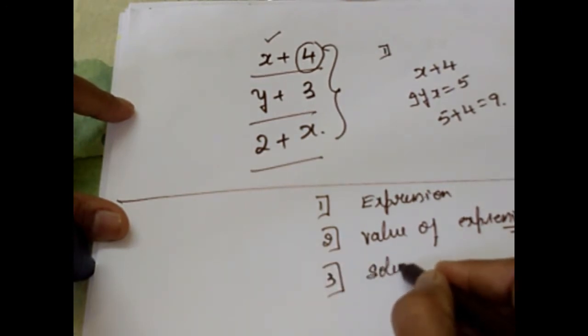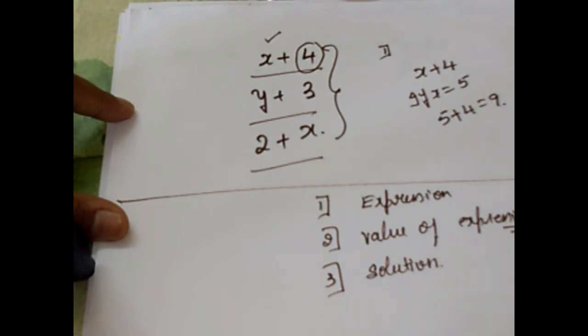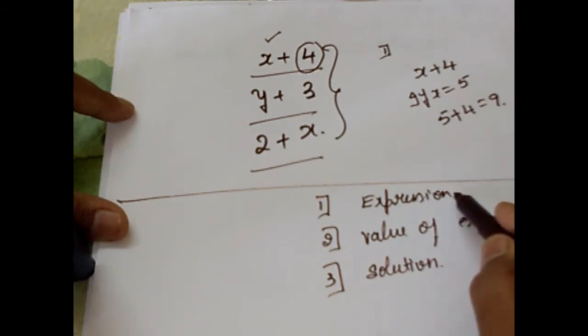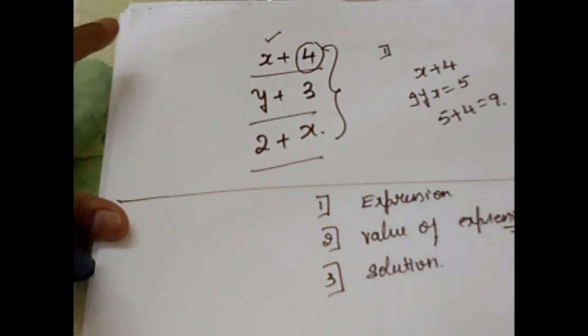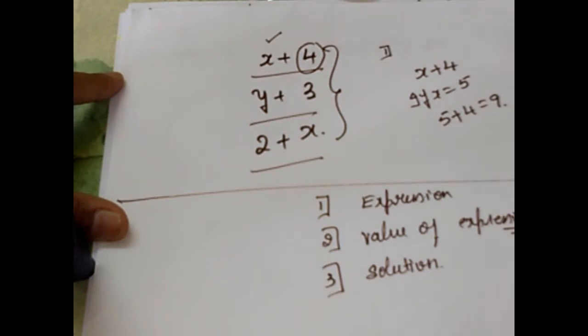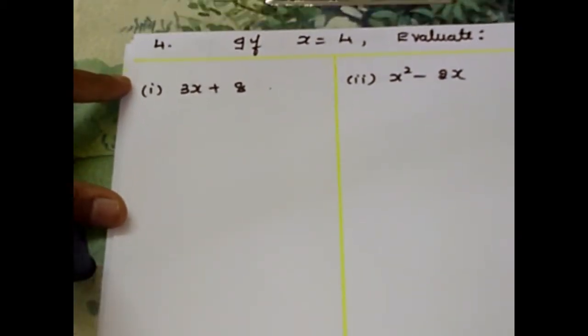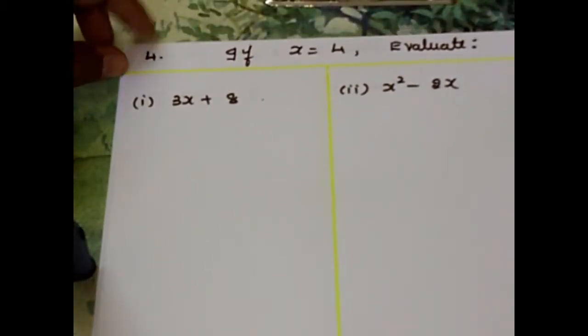Third step is the solution, by applying all the rules that we have learned in the previous chapter, how to add, subtract, multiply and divide the algebraic terms and also the constant terms. Very simple type of problems. Remember these three steps: read the expression, substitute the value, simplify. Simplify is your solution. Concentrate for a few problems, children. Later you try to solve along with me. You will get it in a very easy manner.